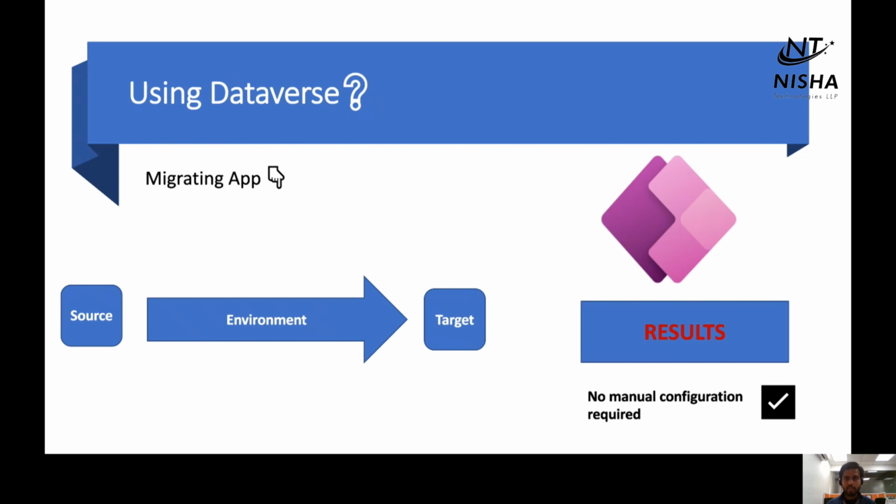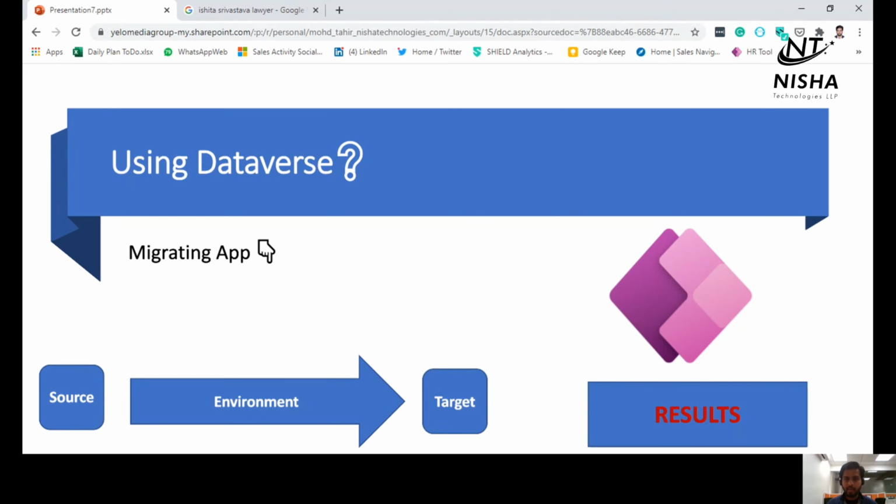In the second approach, in the second part of the video, we'll be using a Power App which has Dataverse as the backend. And we'll see at the end of the deployment that no manual configuration is required. The app will itself pick up automatically all the required connections, database connections, on its part. So guys, let's get started.